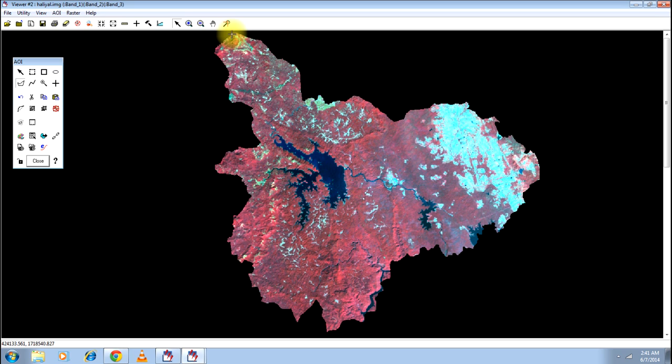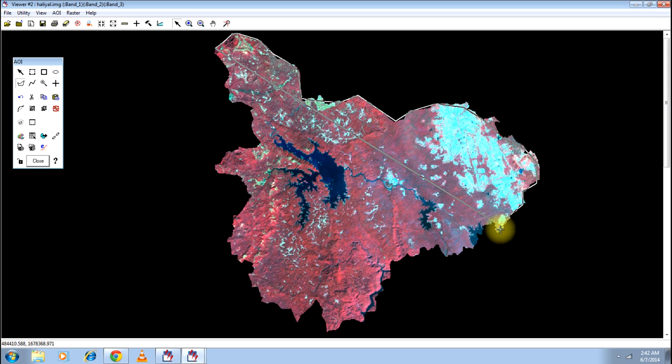Just go on clicking on the boundary. I'll not do it very accurately because I am more interested in saving time for you than doing it accurately. So when you are doing practicals, please make sure that you digitize exactly over the boundary that you have displayed. It need not always be an image.